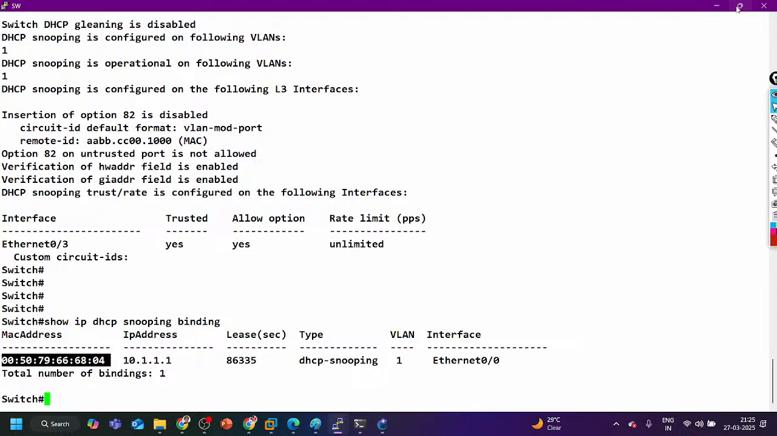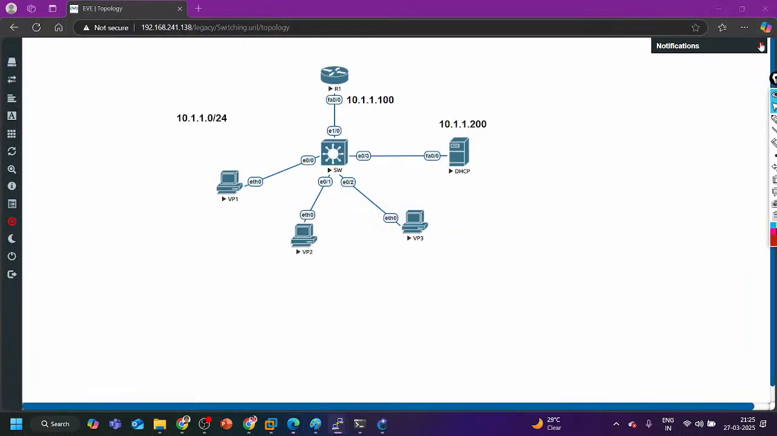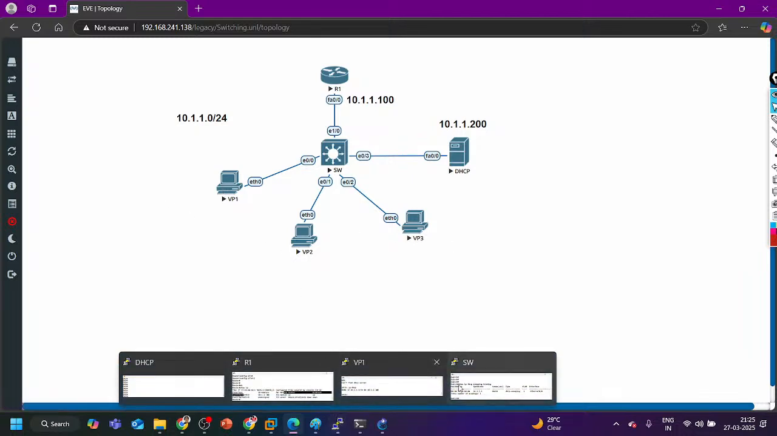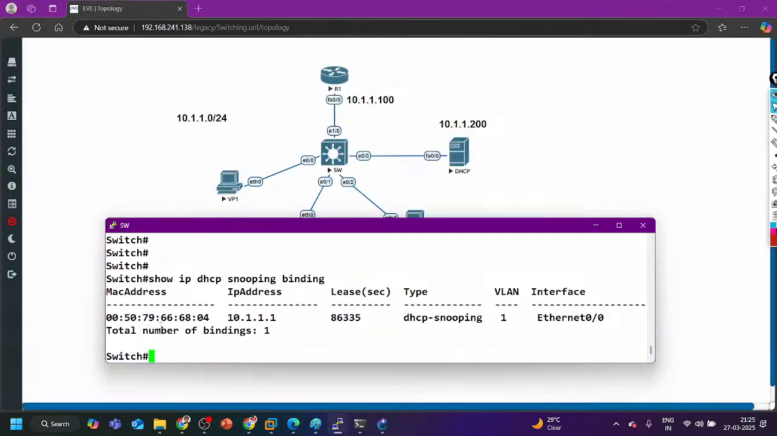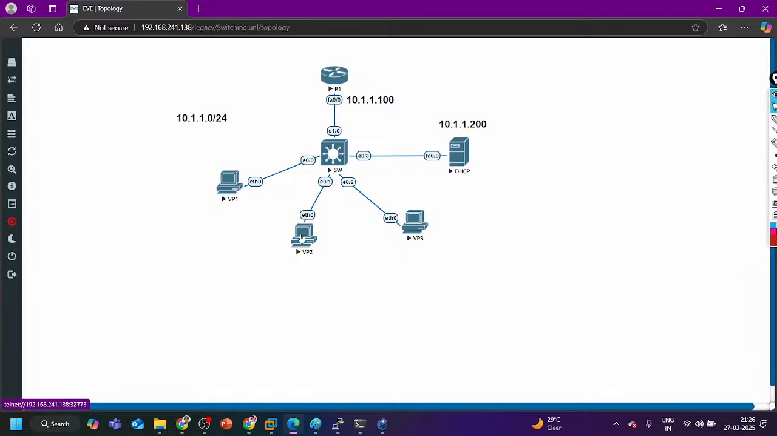Remember dynamic ARP inspection, guys. ARP poisoning attack, right? So that's why this table is going to help you in case of an ARP poisoning attack. If I assign an IP to PC2 also,